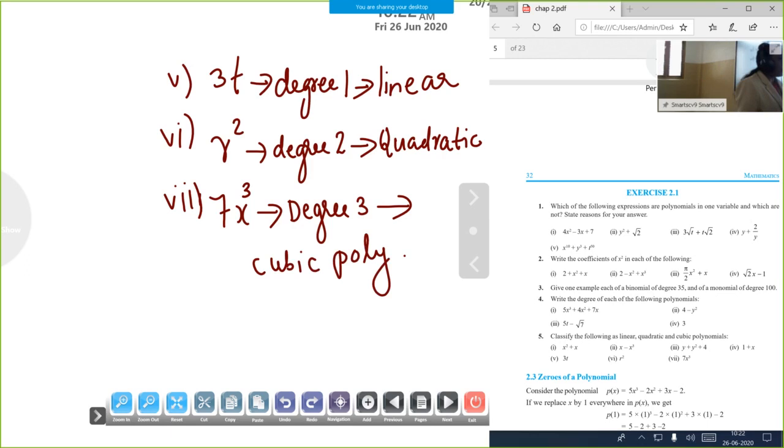So today we study different types of polynomials. First we study how to check whether it is a polynomial or not, and next we study the coefficient of a number, coefficient of x square. What is the coefficient of x? The number together with that number, take the sign also. After this we study the degree of a polynomial. Degree means highest power of that variable. And last we study linear, quadratic and cubic polynomials. If the power is 1, it is known as linear polynomial. If the degree is 2, it is known as quadratic polynomial. And if the degree is 3, it is known as cubic polynomial. Okay, children?